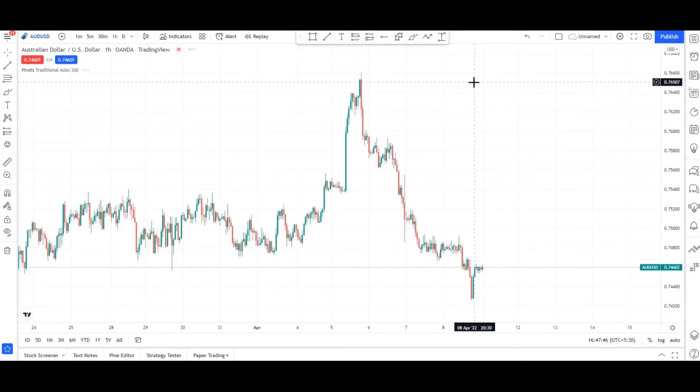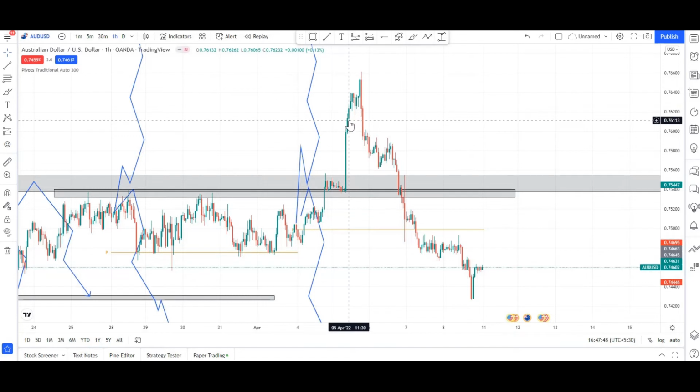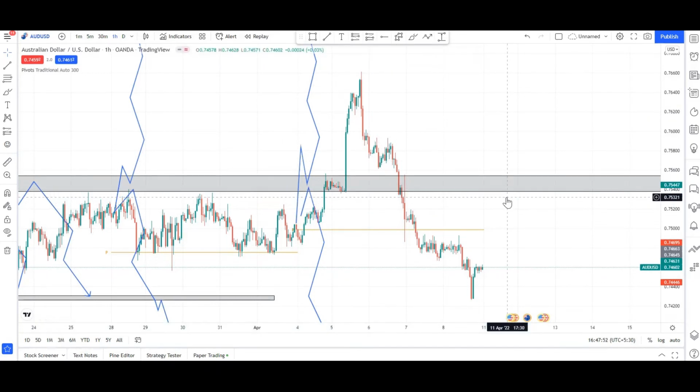Okay guys, next we can see AUD versus US dollar, guys. Okay guys, I will just remove this, so you can see that it is exactly taking support. You can see that a pole and flag type pattern is being made. So somewhere here I took my